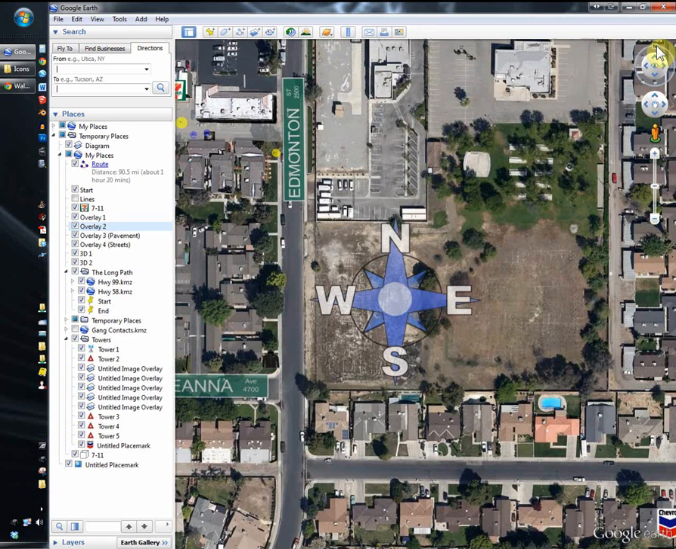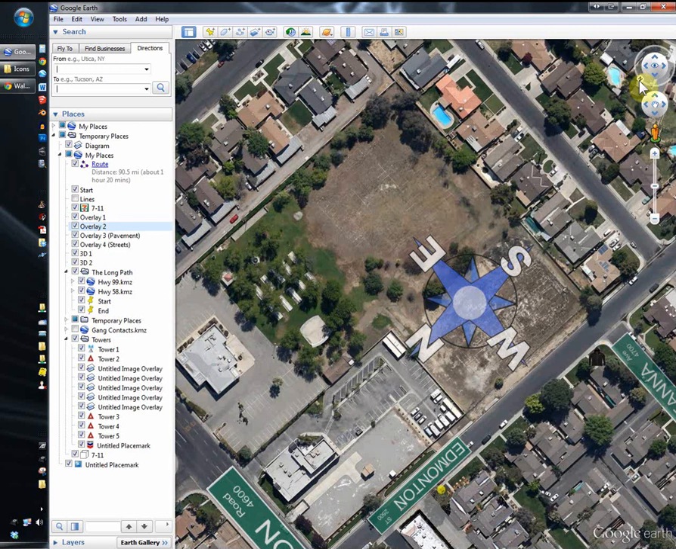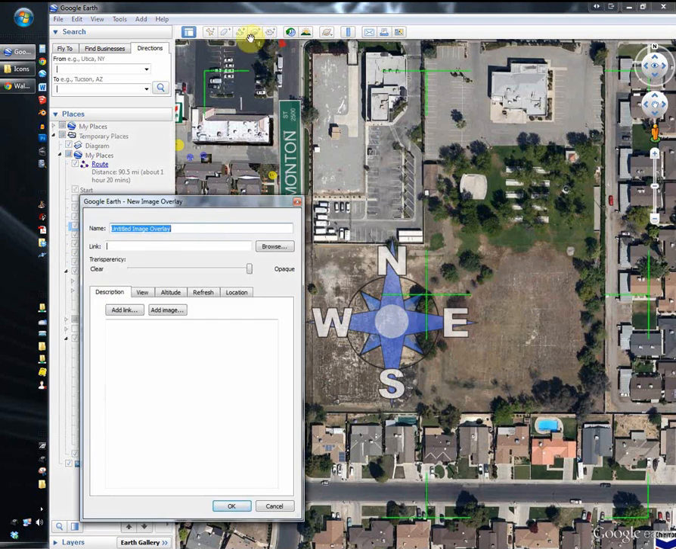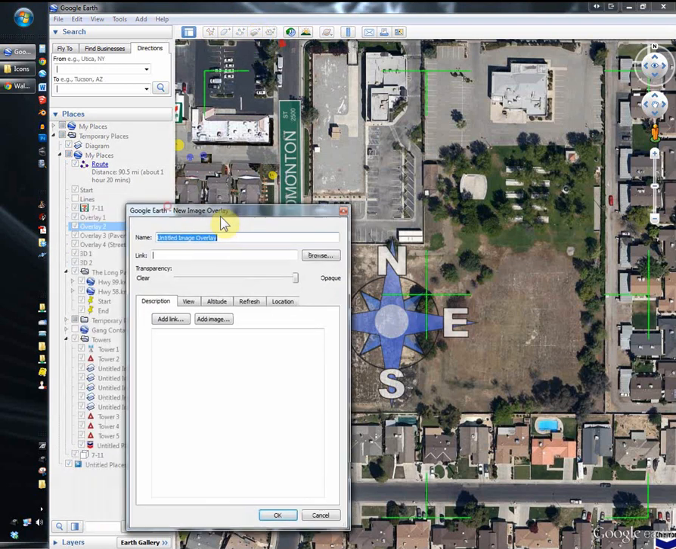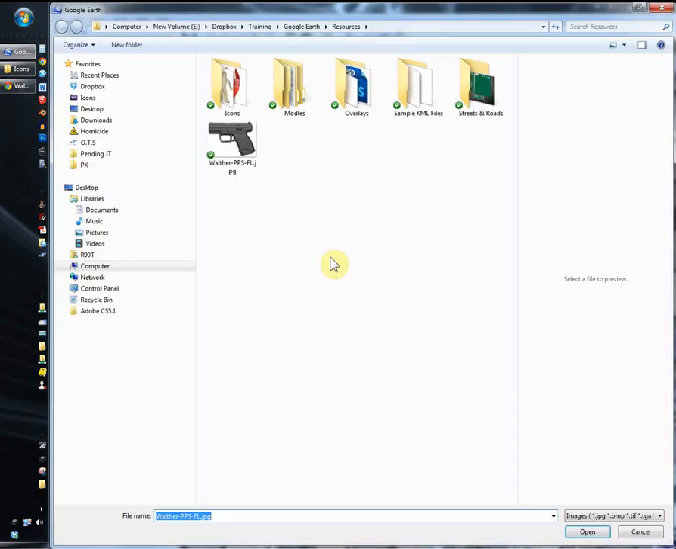Anyway, if I double click on the north, it'll zero it out. So if I get all misdirected, I can double click and that'll zero me out north, which is real important for the compass rose. So if I were to come in here, I just click the button for a new image overlay, and I can title this,